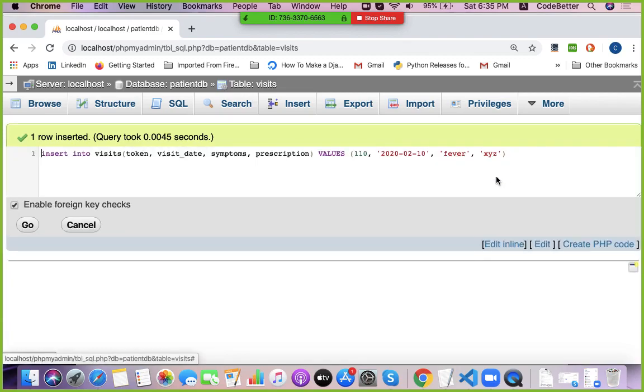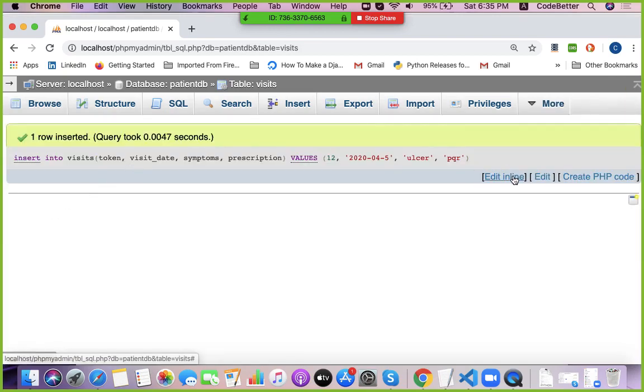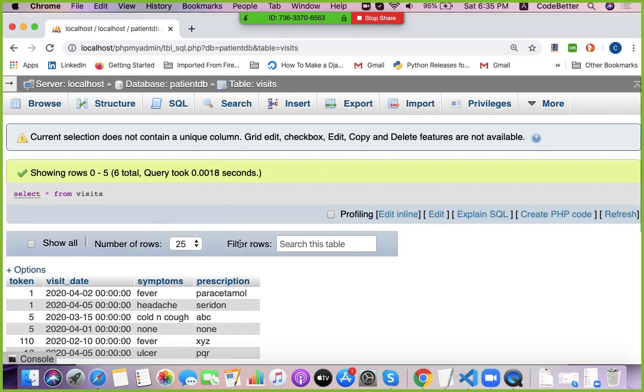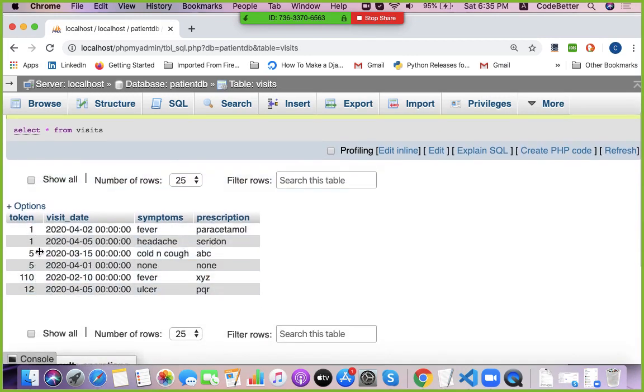Now let's add one more, 12, visit on 4/5, ulcer, PQR. So these are the records. Let's check these records. So you can see here that there are these records.